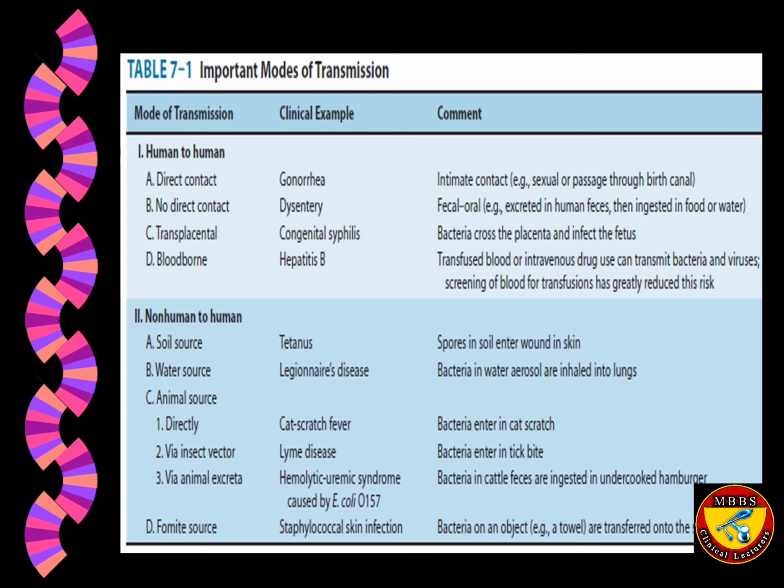Meanwhile, these are the important modes of transmission, whether they are human to human or from non-human to human. In human to human, the important features are by direct contact, especially in cases of sexually transmitted diseases, in cases of food and waterborne diseases, fecal-oral, like which causes dysentery. Transplacental mode of transmission is important in congenital syphilis, which is a sexually transmitted disease, and blood-borne diseases, obviously hepatitis B and C. Non-human to human will be in cases of soil source, tetanus is there, water source cause Legionnaires disease,